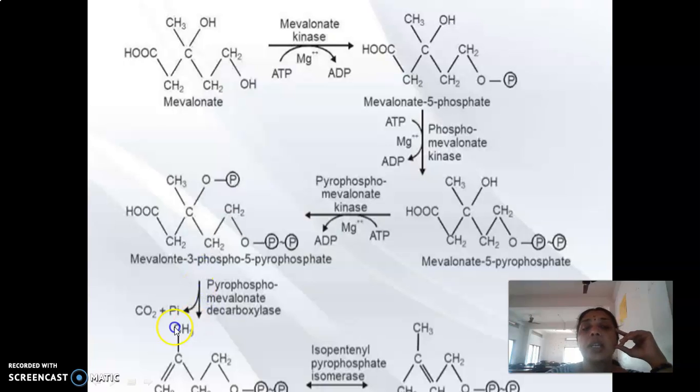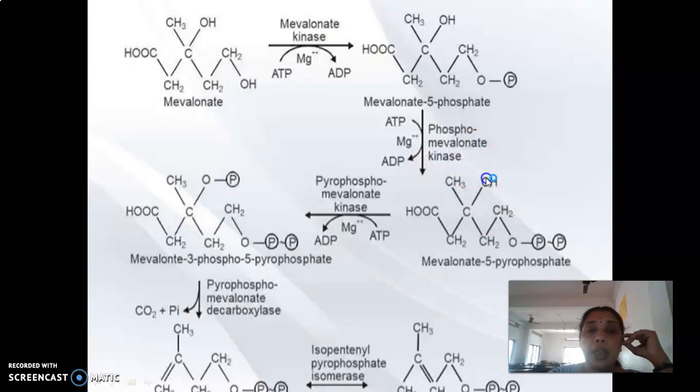Okay, now it is undergoing decarboxylation to give rise to isopentenyl pyrophosphate. Here the carbon dioxide will be removed. From the terminal position, the carbon dioxide is removed, so this bond jumps to this position. So CH2 double bond C, CH3, OP, CH2, CH2OPP. That is this: CH2 double bond C, CH3, and this